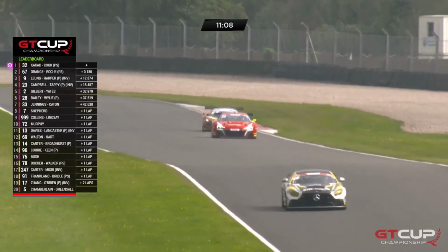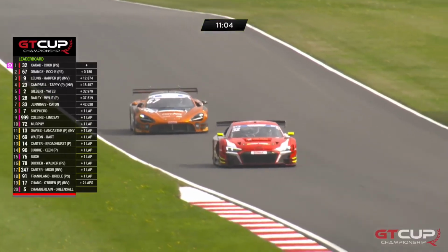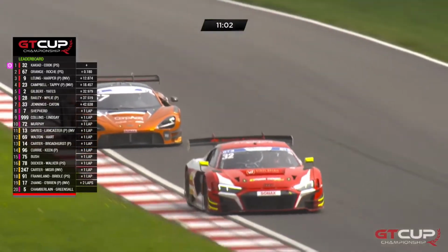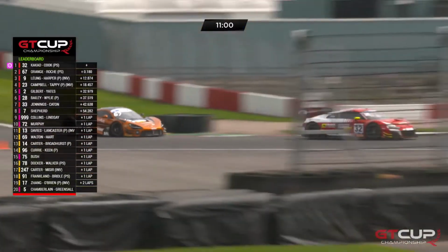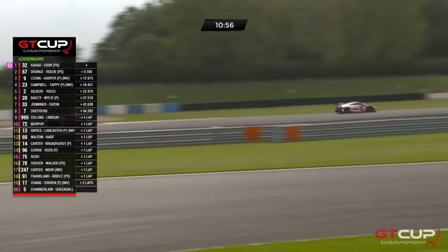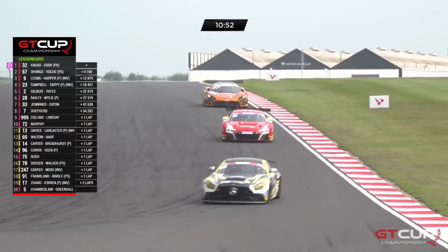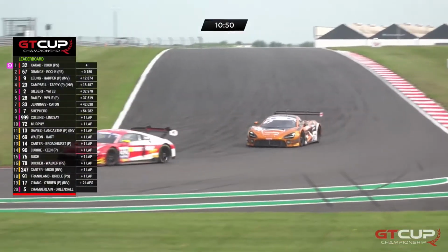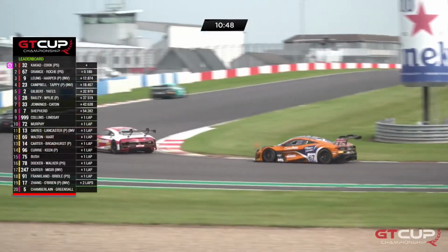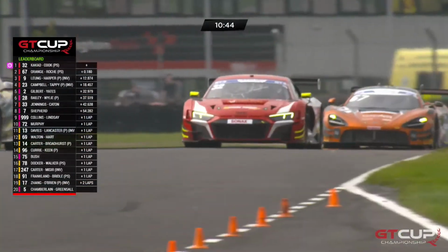Tom Roach will be pushing hard through the Fogarty S's, and there's more Group GTH traffic as well, so that could play into this battle. I think this is going to go on for the remainder of the race. I think so. Oh, Tom Roach carries good speed into the chicane, maybe a bit too much speed actually. He was a little slower on the exit, and I was about to make the point that actually through these final 2 hairpins at Melbourne and Goddard's, Tom really seems to roll the centre of the corner a little bit better than Hugo. He's really going to have to do that now to try and close back in on the